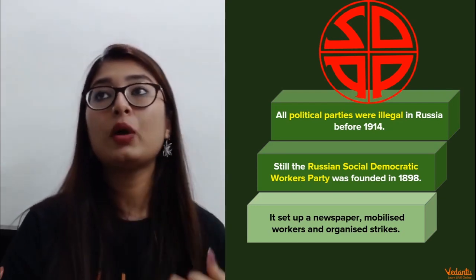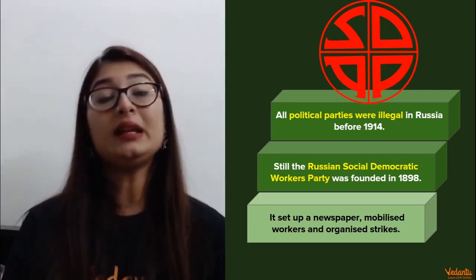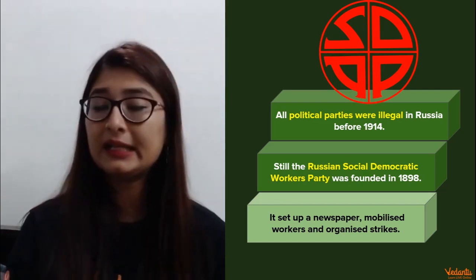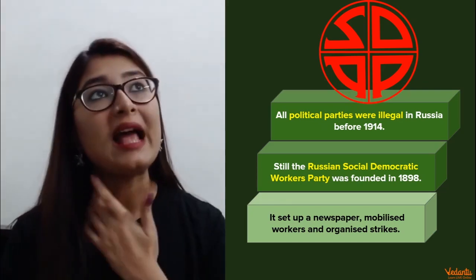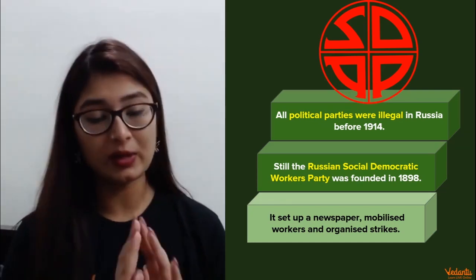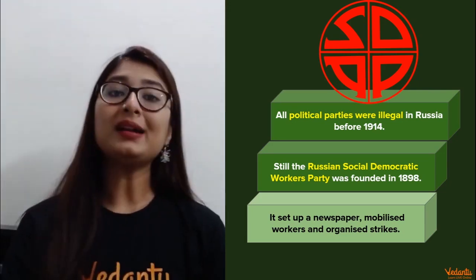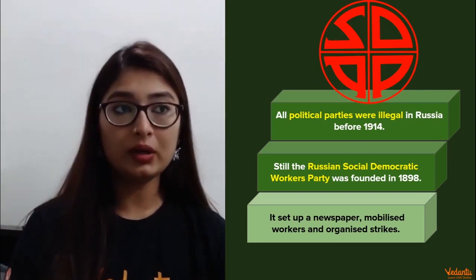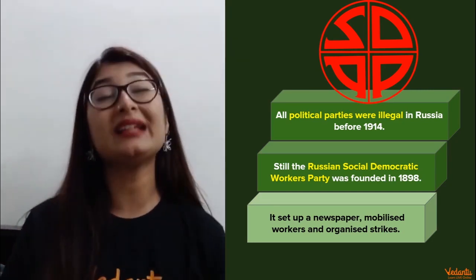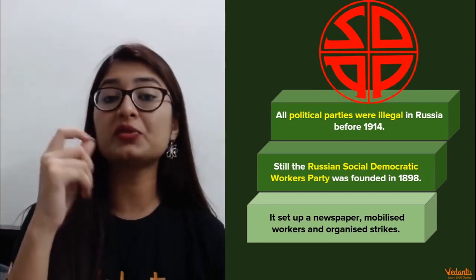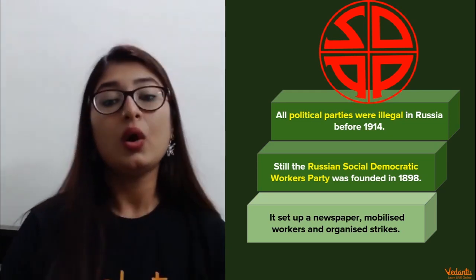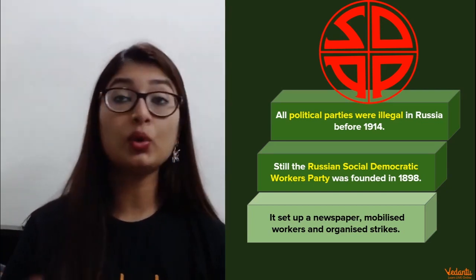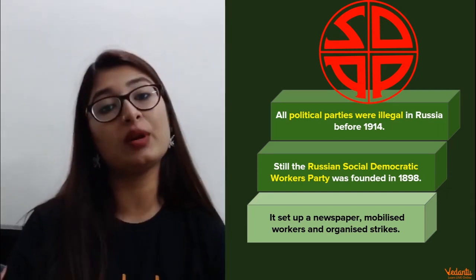Now if you talk about political parties, okay, in 1914, as I told you, there was no government which was completely socialist, right? So naturally there must have been some parties starting to form by now. But in this place, what kind of rule was there? Monarchy. So Tsar Nicholas II was completely against the formation of any party, because he took it as a direct threat. As a result, whoever started working did it in secret, and one such secret party was